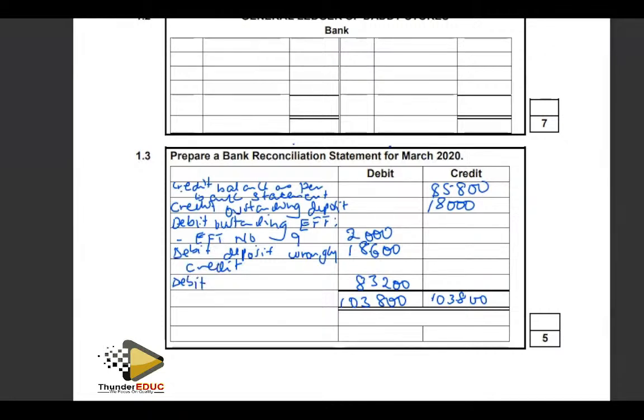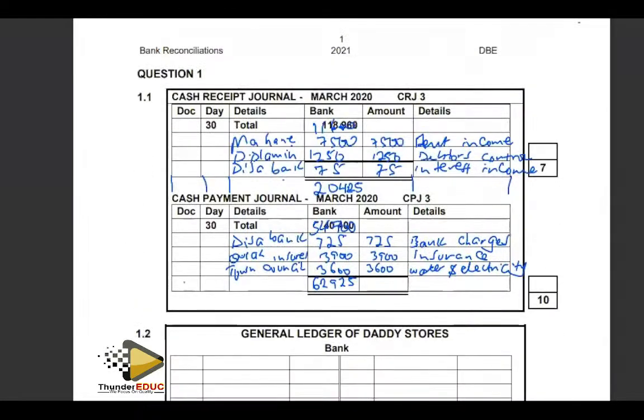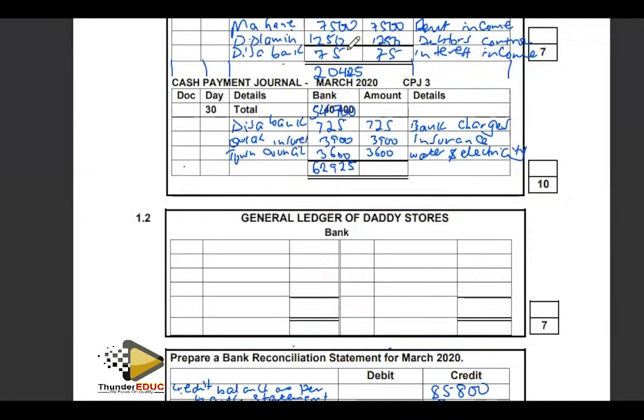Anyway, let me first wait. Let me balance off my account here in the general ledger and see how much am I getting. Remember, you know this, how to do the general ledger. We are going to get our total receipts here. Total receipts on the debit side. Now we are taking the actual amount here, which we have 20,425, okay? Then credit side we have,